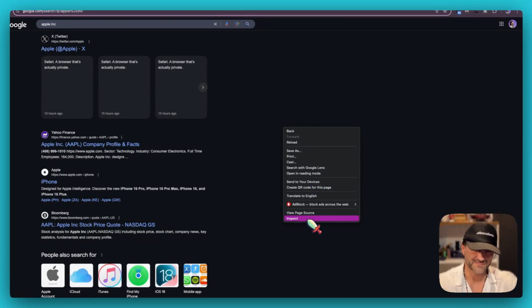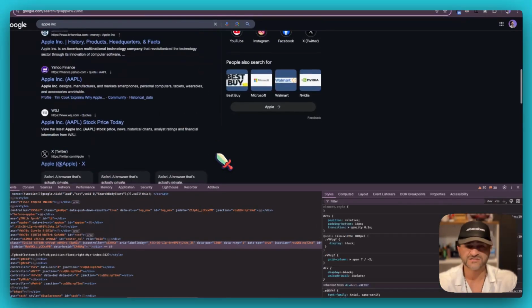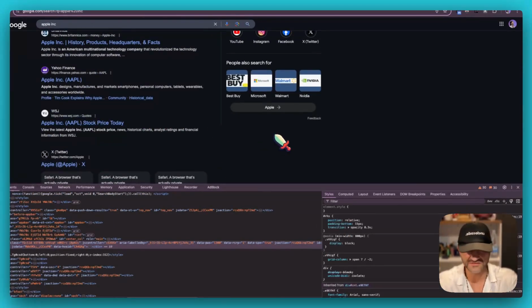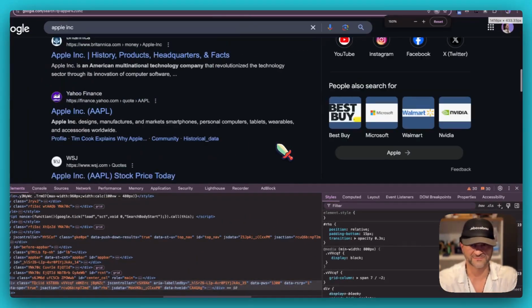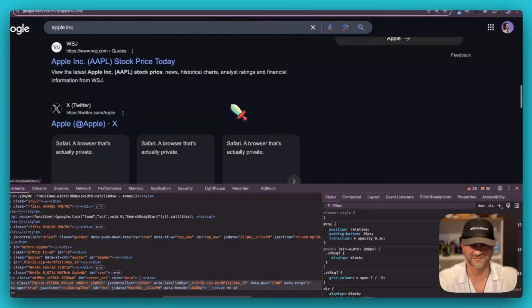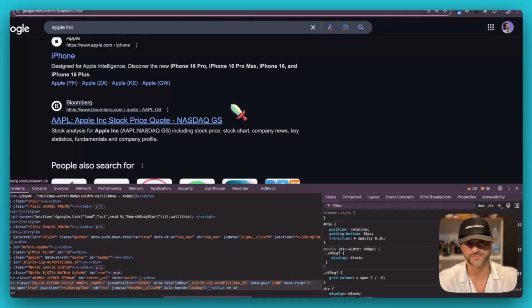I will go to inspect. It's always good to make yourself familiar with the page that you want to crawl. I mean, don't be afraid of it. It's much better these days than 15 years ago. I'm doing this sort of crawling for many reasons, especially automations. That was the first time I engaged with